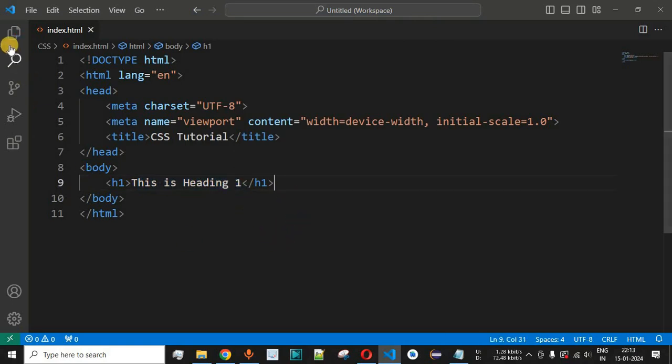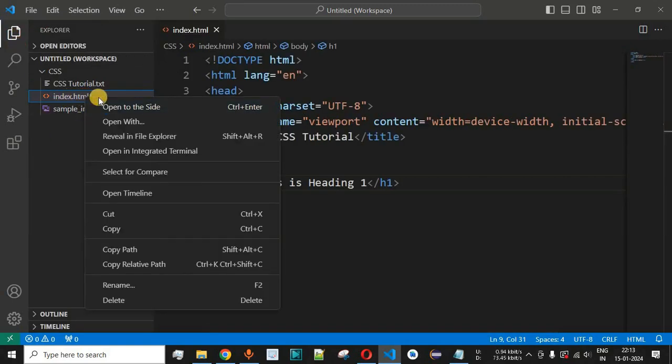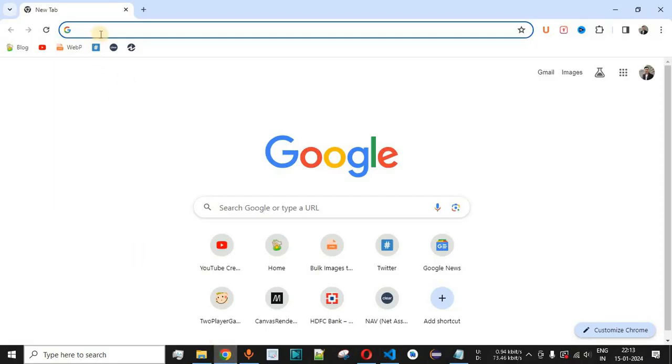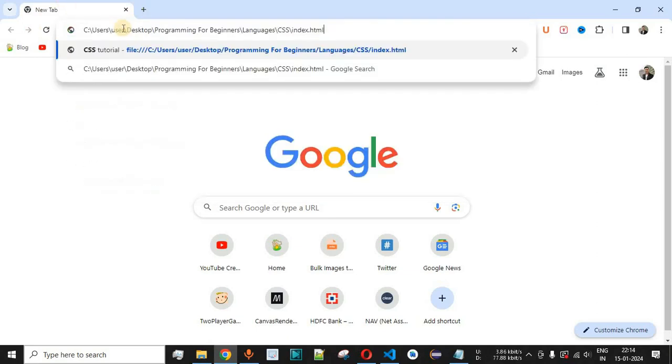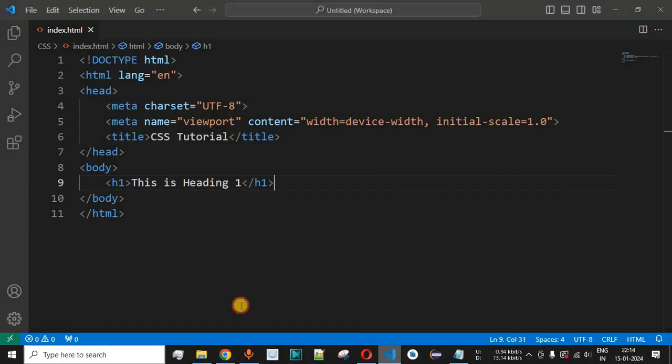So let me just save this file now and try opening this page on the browser. So I'll right click over here on the index.html and copy the path from this particular option. So I have copied it, and simply we are going to open the browser. You can open the browser of your choice. I am working with the Google Chrome browser over here, and we are going to paste this link. So over here, after pasting the link to that particular HTML document, we are going to press enter. So as you can see, I'll zoom in a little bit so that it is properly visible to you guys. So this is heading 1 is getting displayed over here,